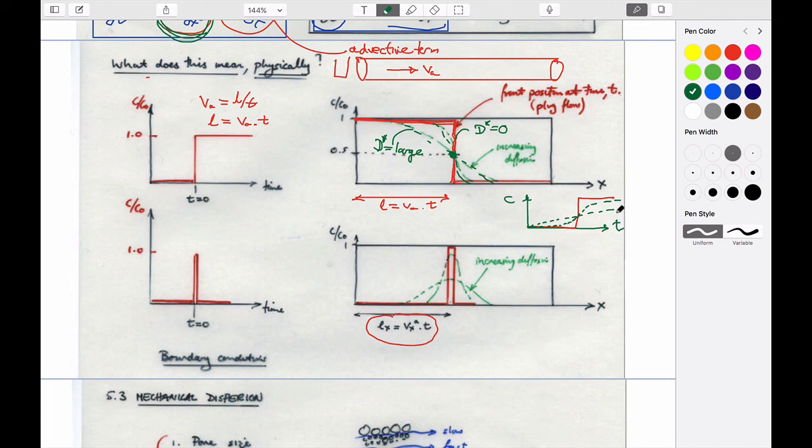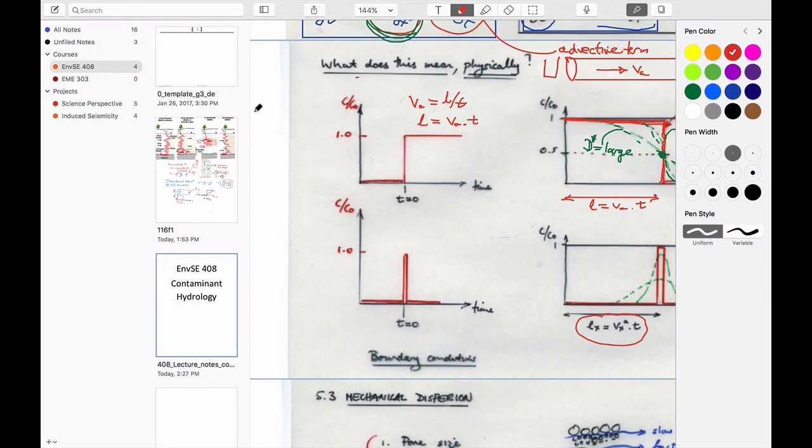So this is D large, and D star 0. And these are for the cases where the advective velocity is not equal to 0, right? So that's why you get this plug flow. Otherwise, you wouldn't get that. So the other way to think about it is if you have a source which, instead of being turned on forever, is different. But if you looked at this behavior here,